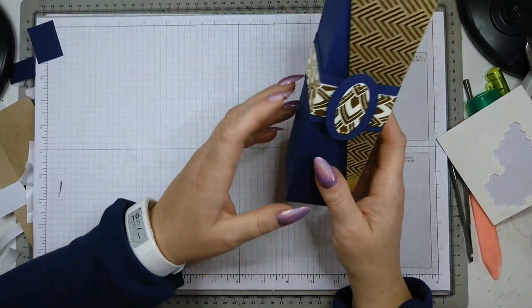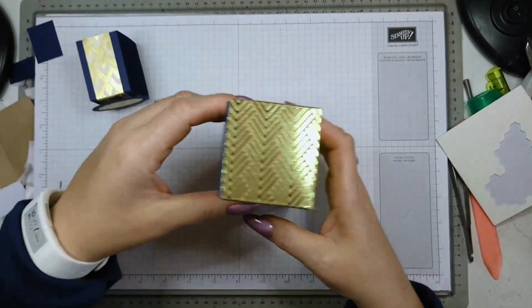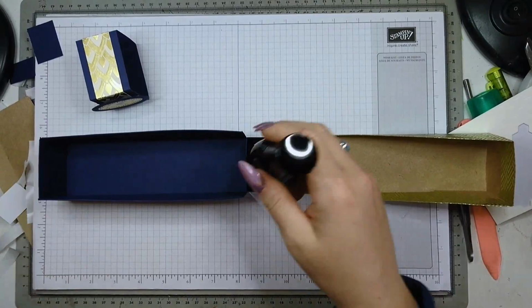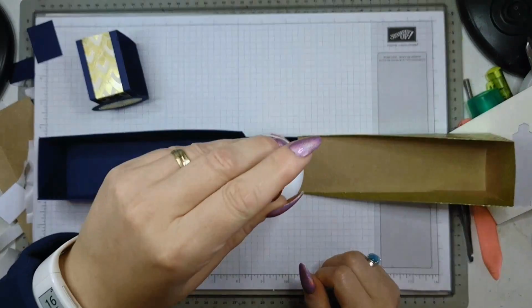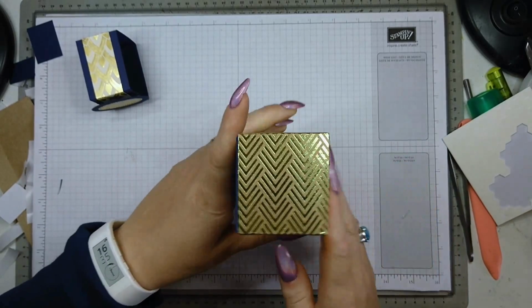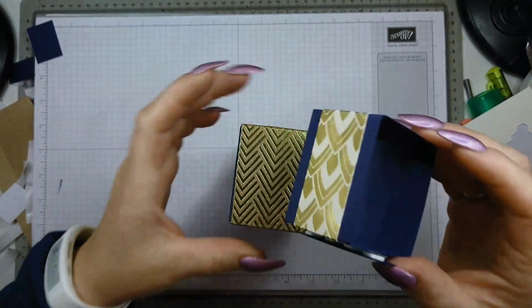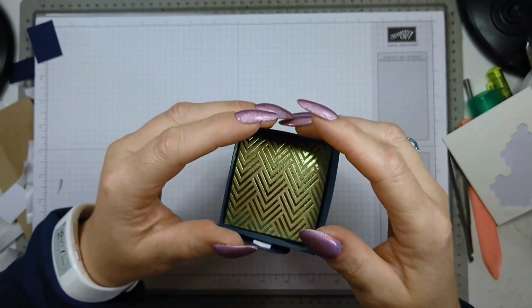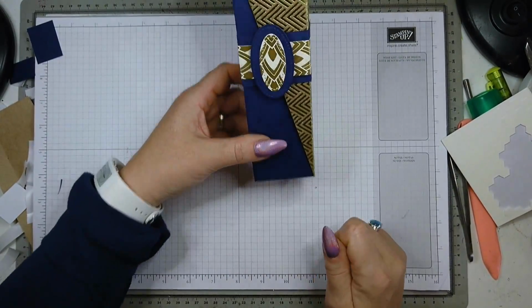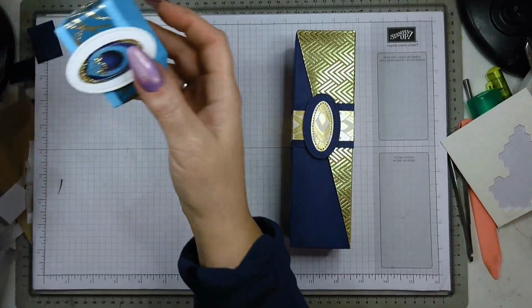So this is my little box finished. Opens up like so, holds a bottle of perfume, or even more perfect, a bottle of tacky glue for any crafty person. This is how it closes. This is how the belly band slides on. And it's quite a sturdy box. It's looking pretty. I don't know what you think, which one you prefer, because this is the